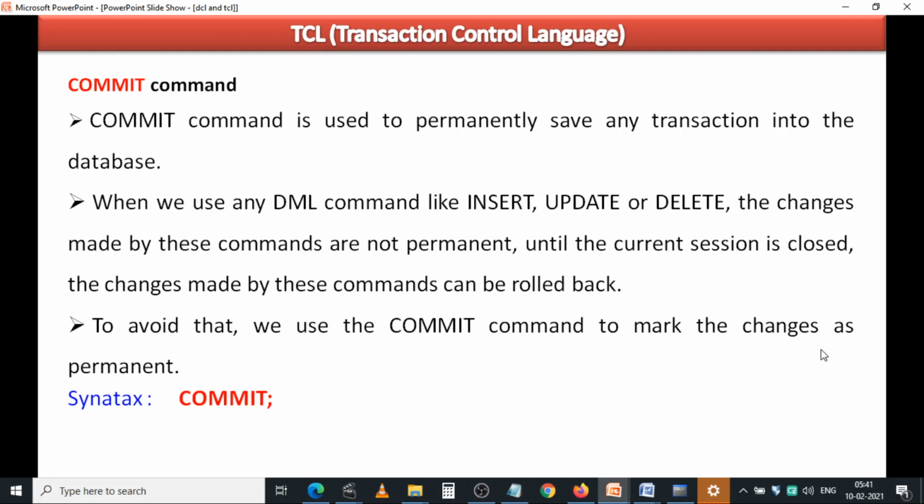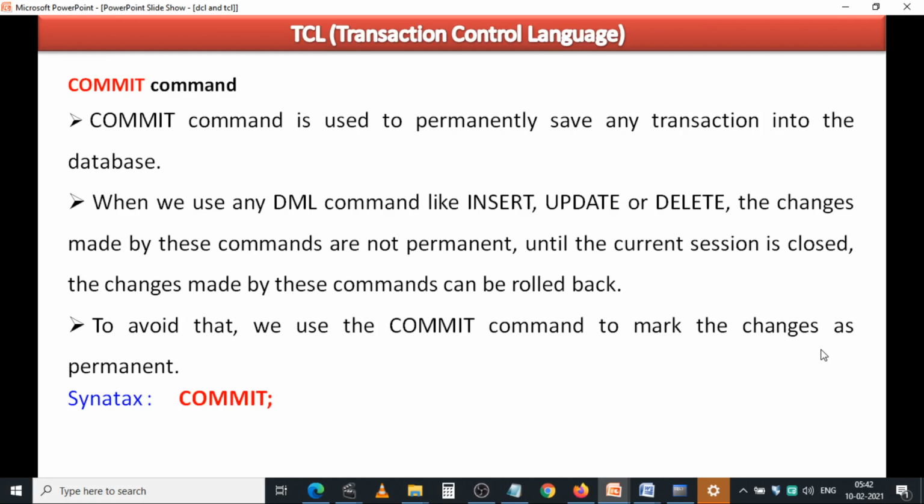The commit command is used to save changes permanently to the database. I have already told you, when you are using any DML statements like insert, update, delete, the changes made by these commands are not permanent.